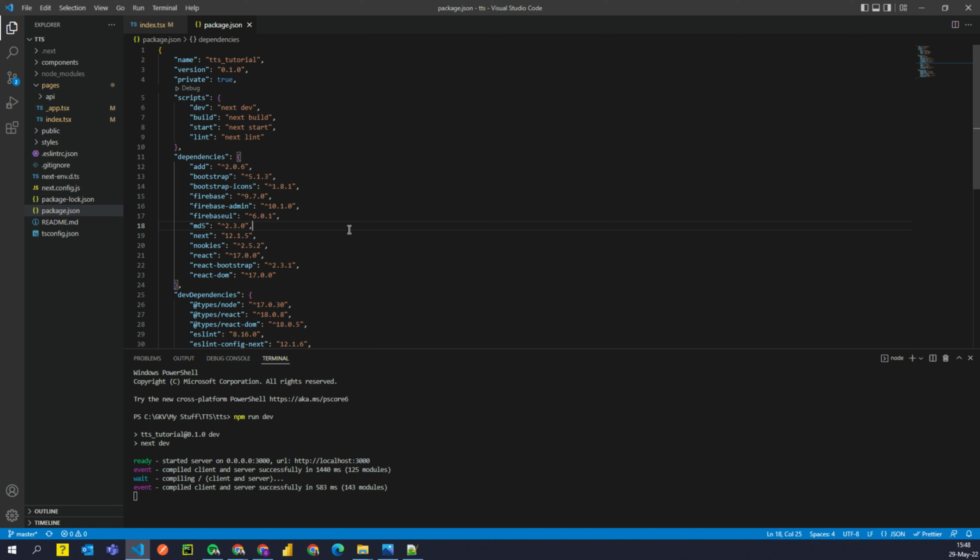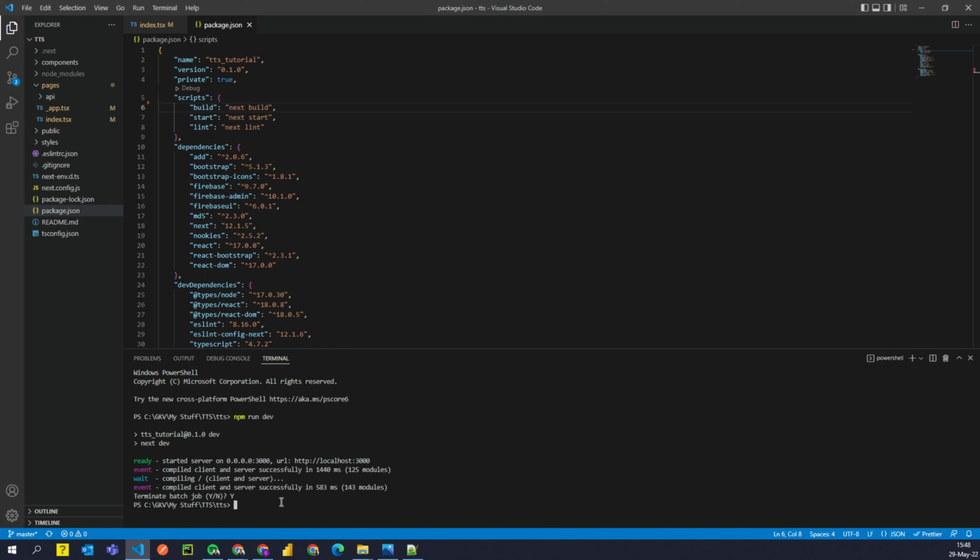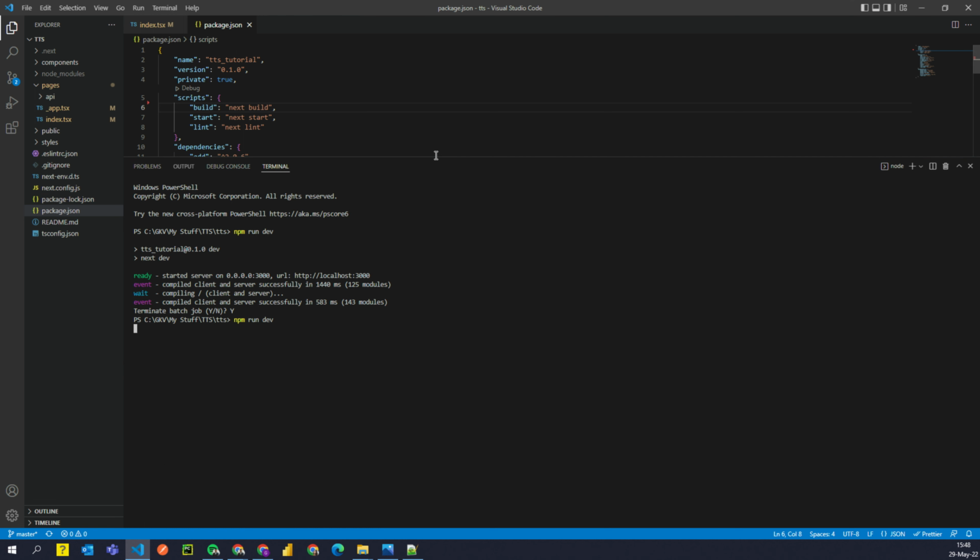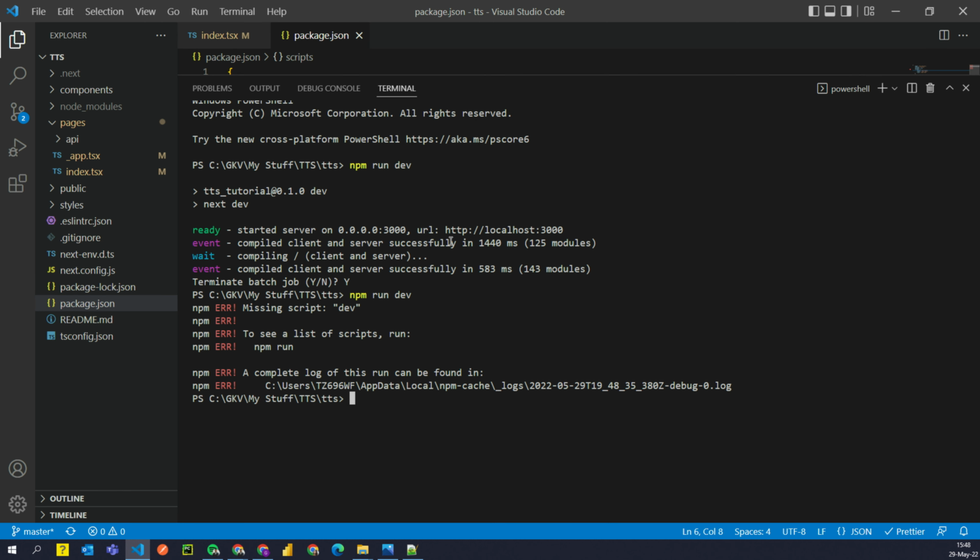One thing that I would like to emphasize here is this scripts section. So if you notice, if I go here and press Control C and terminate the job, and I also go here and delete this, and then I say npm run dev, it should give me an error. I'm going to zoom in a little bit so that it's easier for you to see. And to zoom in and zoom out in Visual Code, you need to press Control plus. Okay, so here it's saying that there's a missing script dev and npm is unable to launch our website or our app,